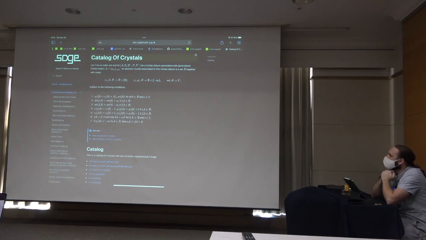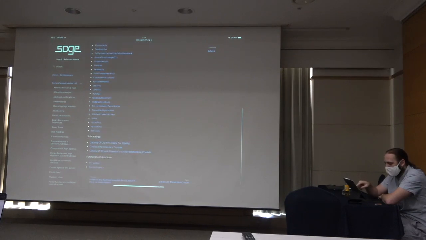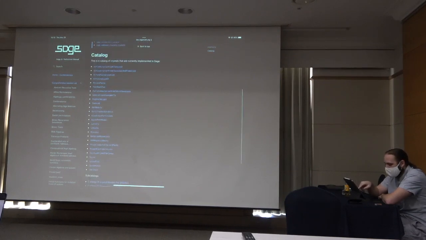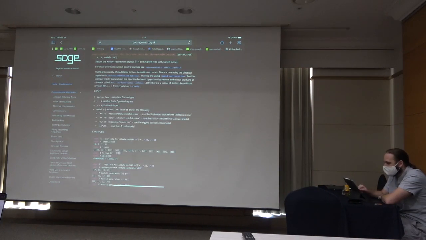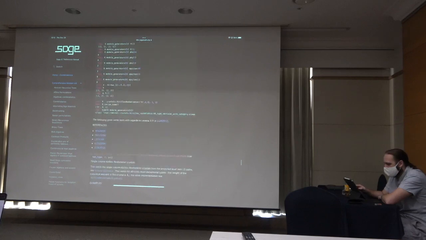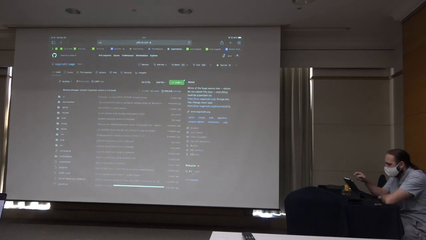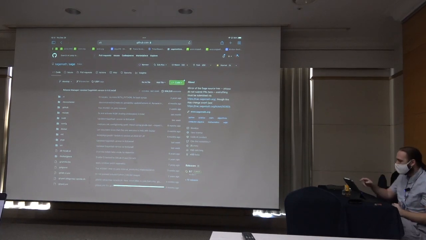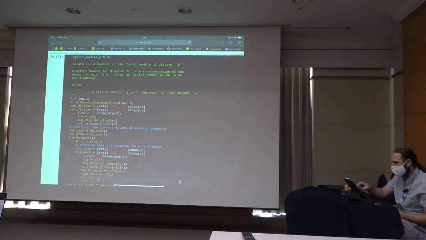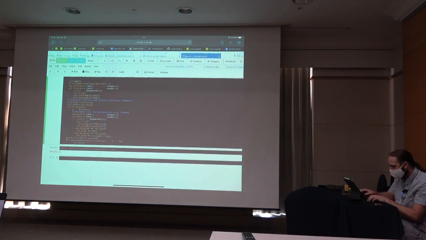And so, this is what the compiled documentation will eventually look like. And let's look at Kirillov-Reshetikhin crystals. And so we get things like this. And if you want to look at examples, go to the source code. I guess the first way to look at source code would be,